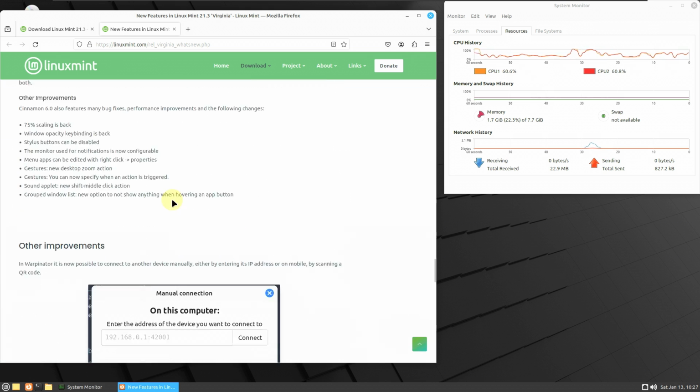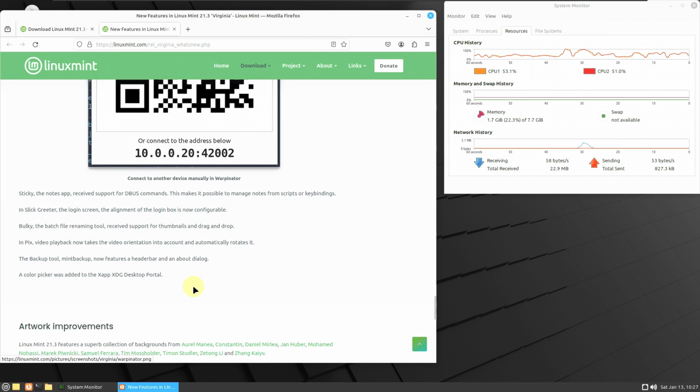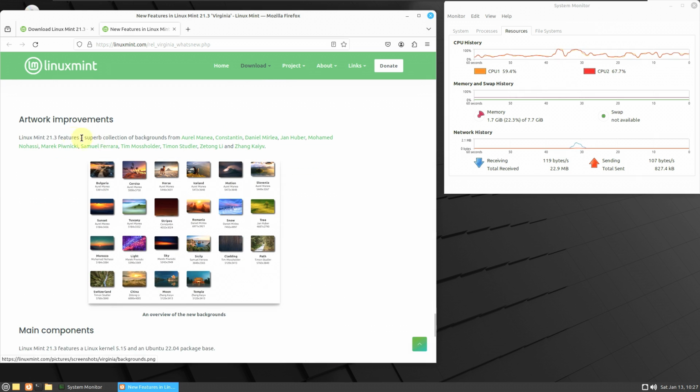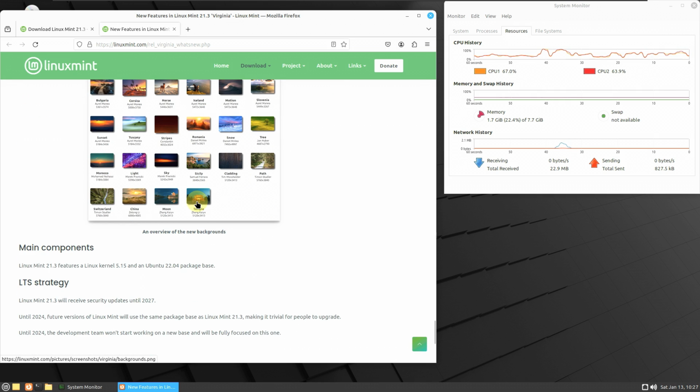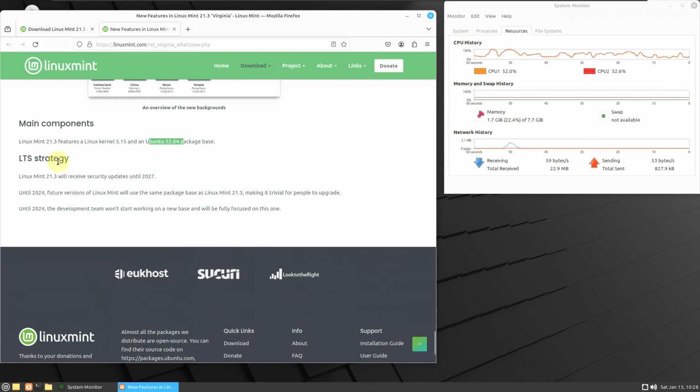Let's scroll it down like this. So these are all the changes. Artwork improvements. So you get some of the wallpapers which were already shown in yesterday's videos. So main components, Linux Mint 21.3 features Linux kernel. I already showed the kernel, and packages of Ubuntu 22.04 package base, and LTS strategy will receive security updates until